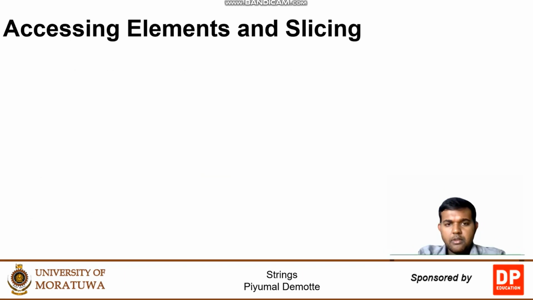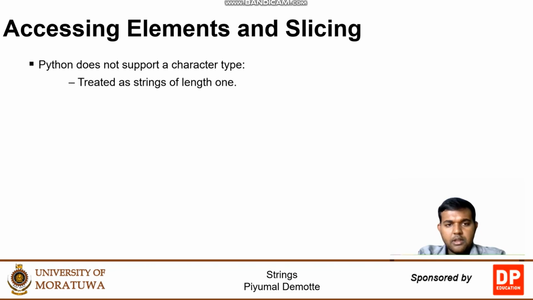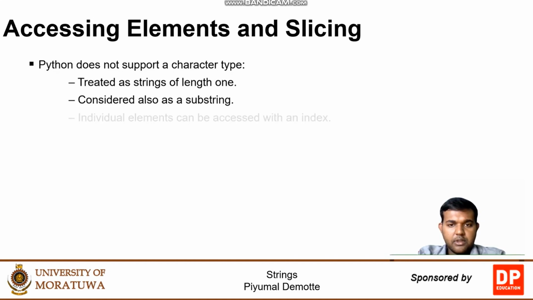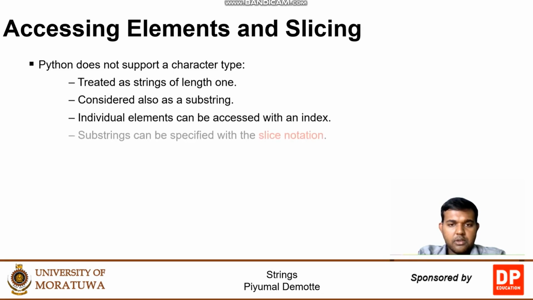Like other programming languages, Python does not have character data types. A single character is also considered as a string of length 1. Character in a string also considered as a substring. To access individual characters in a string, we can use square bracket operation with the index. The slice notation or the square bracket operation with two indices separated by a colon could be used to specify